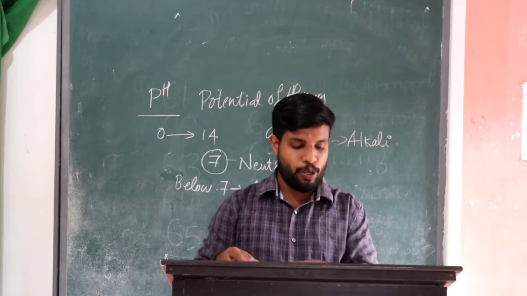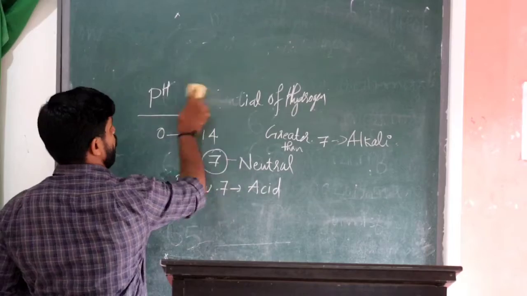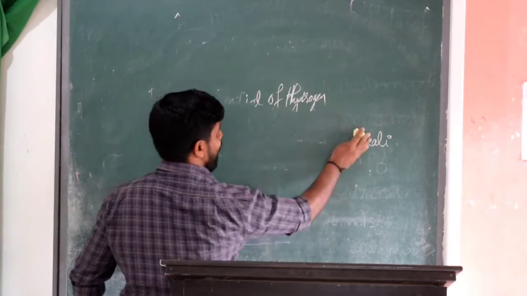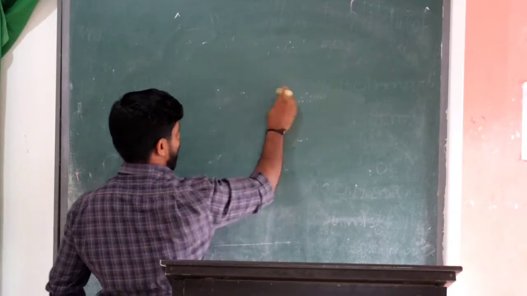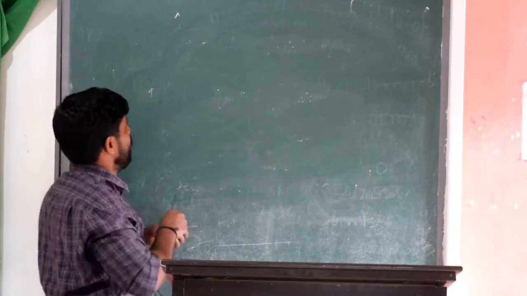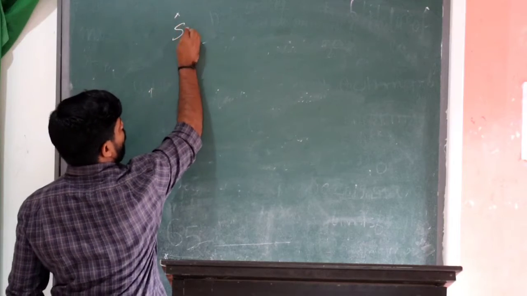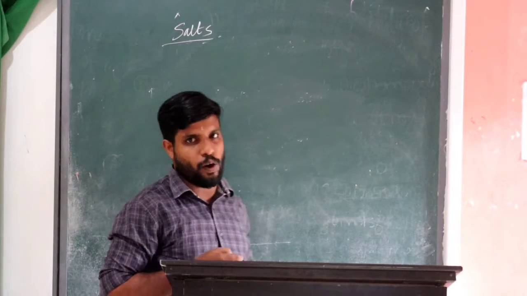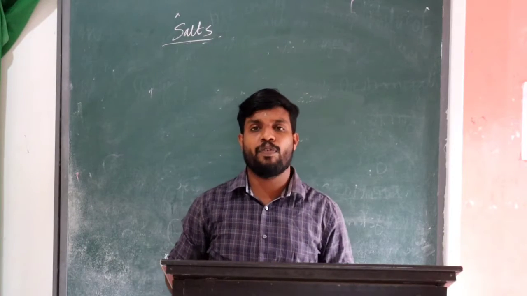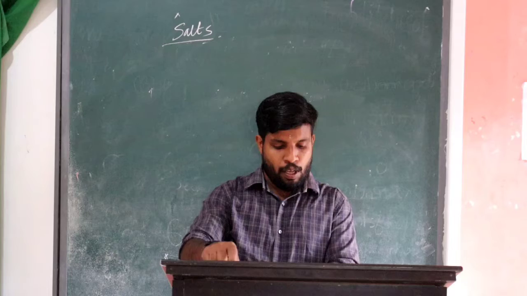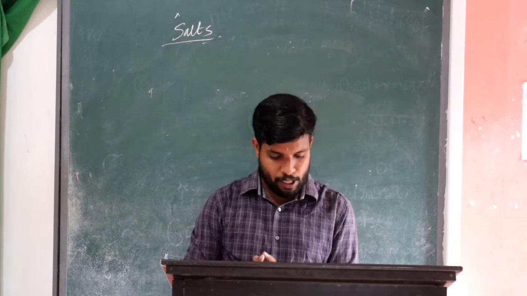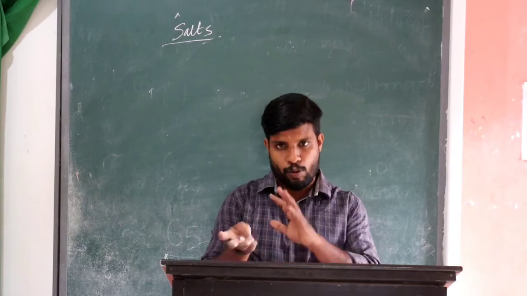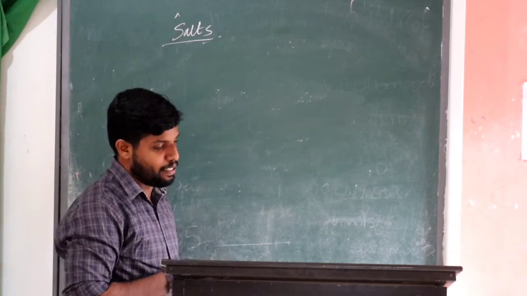Next, we are going to discuss the formation of salt. Salts are formed by reacting acids and alkalis, as we discussed in the case of the neutralization reaction. Now we are going to discuss the different kinds of salts. Neutralization is the process in which an acid and an alkali react with each other and form salt and water. We have discussed one example, and another example is given.